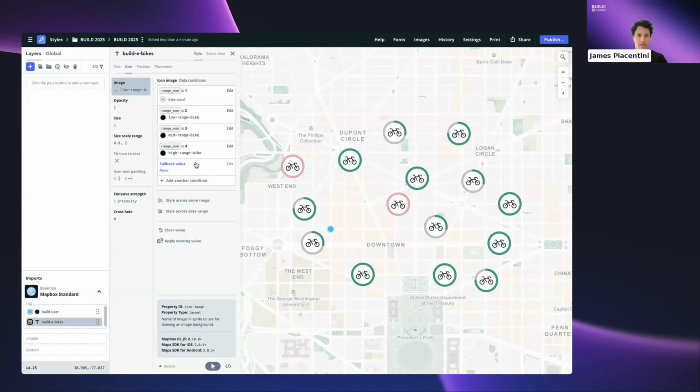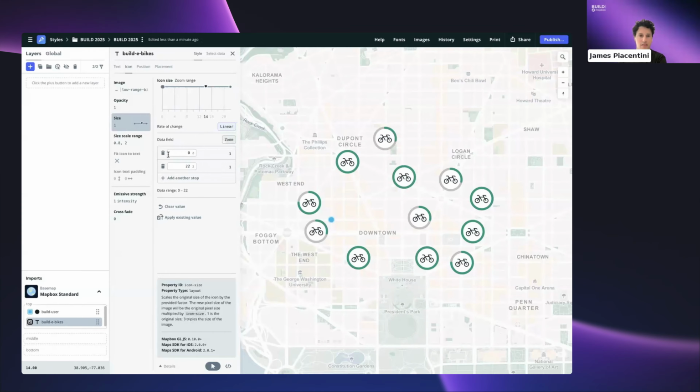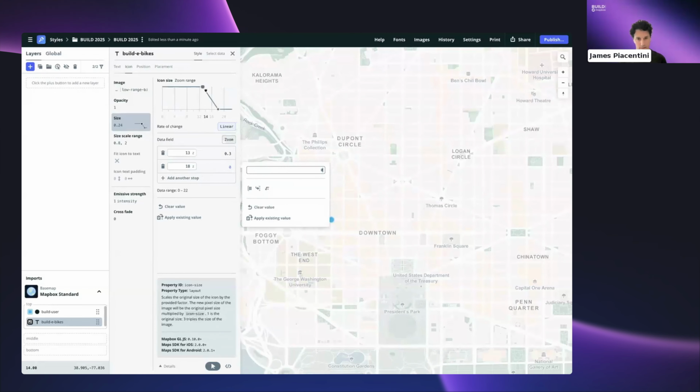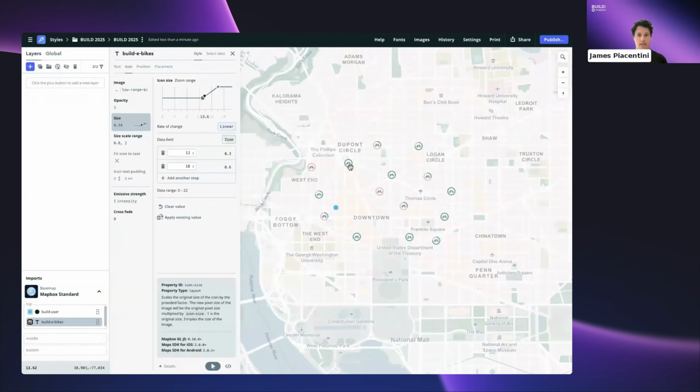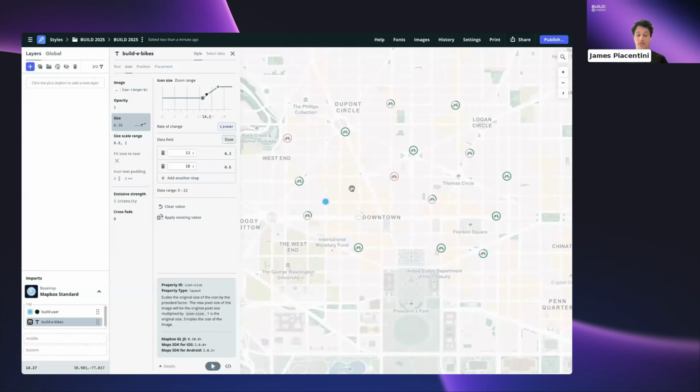So now that I've gone through these, let's go ahead and resize them. Maybe I want to resize these by zoom as well. I really like to scale things by zoom. I think it just helps icons look really nice on the map. So let's see, from zoom 13, these are pretty big. So I'm going to shrink them down, maybe 0.3. And then by zoom 18, we'll set this to, let's say, 0.6. Now you can see as we zoom in and out, these scale to feel contextual